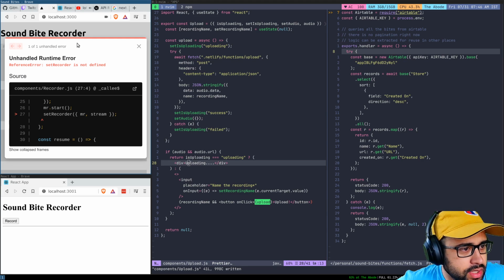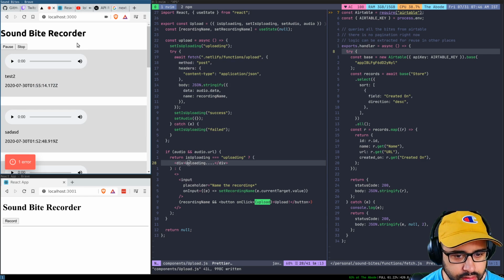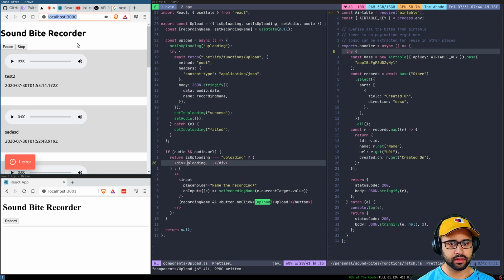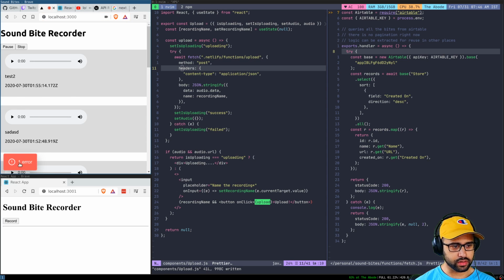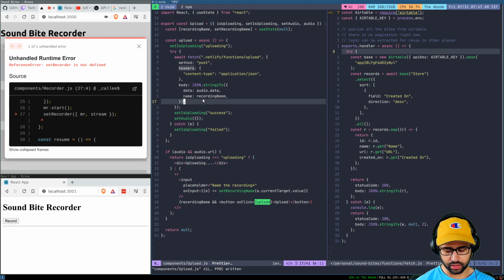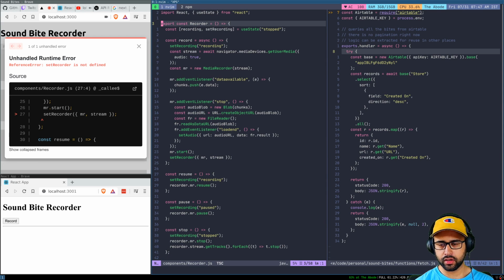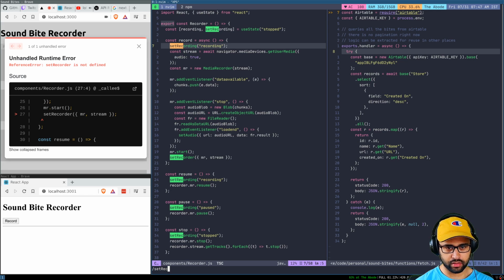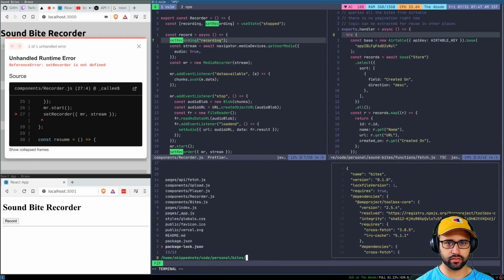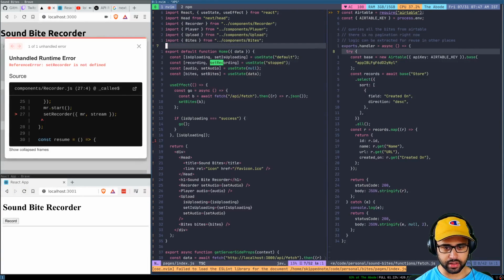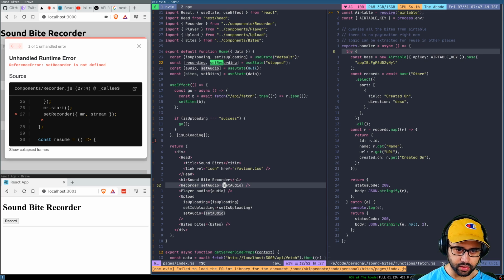Okay, now immediately I get that setRecorder is undefined in the, which component was that? It was recorder. So setRecorder is not present at all. Oh, okay, I think we forgot to figure out what parameters a recorder needs. So we have just put in setAudio, but that said, do we need